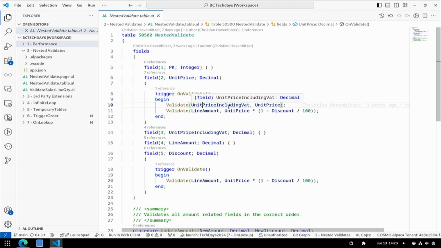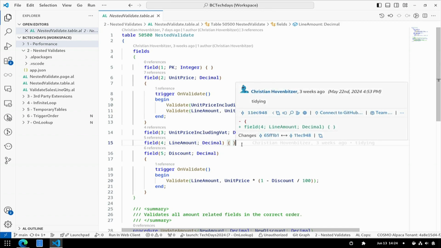In this case, there isn't even any VAT added to that. And we also update the line amount. And the line amount has some calculation in here considering the discount. So if you have these 4 fields, you really only need to validate the unit price in this construct and the discount.